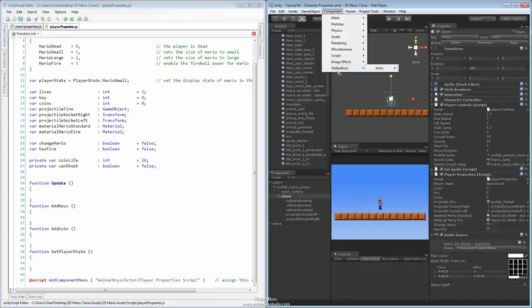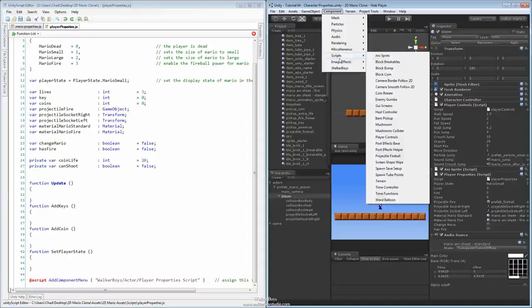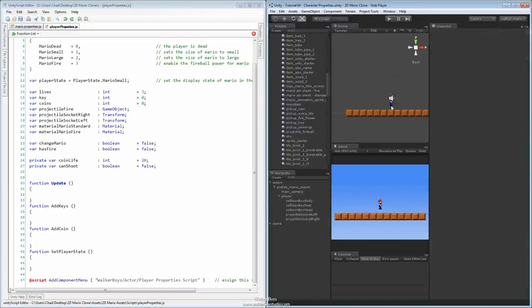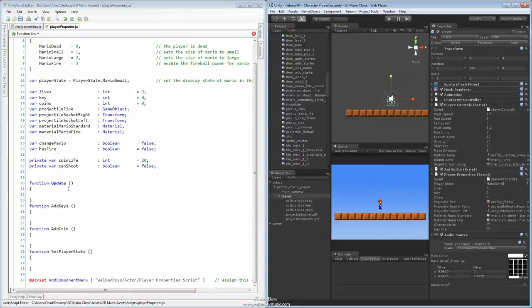So when you want to start making your scripts more organized, and we'll do this when we finish off the project, we'll also start to organize all of the scripts. But when you start doing it, you can just add it this way. That way, instead of going to scripts and choosing from the full list, you can just go to here and be very specific with what you want. Alright? Okay, so inside of here, let's go ahead and start off by just looking at the basic properties for